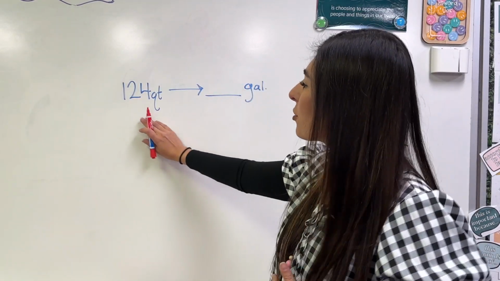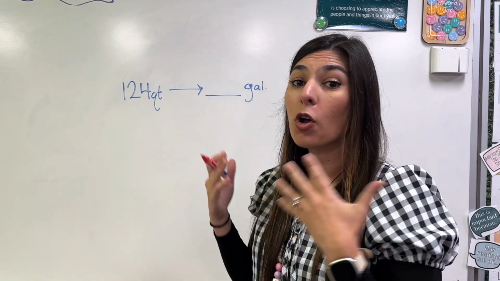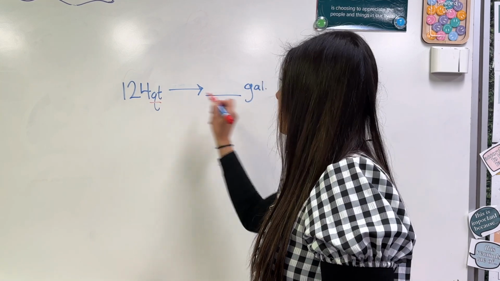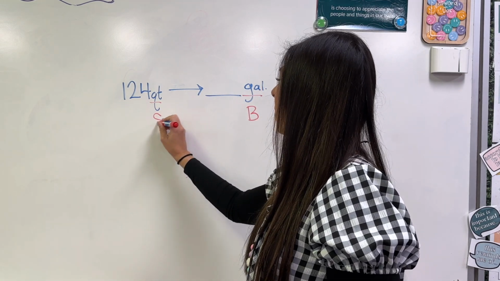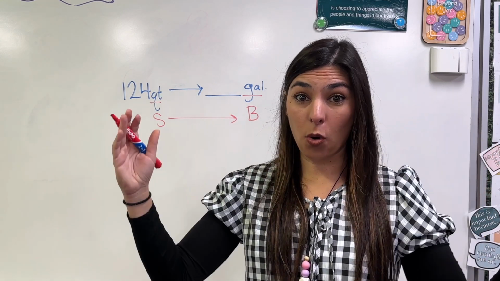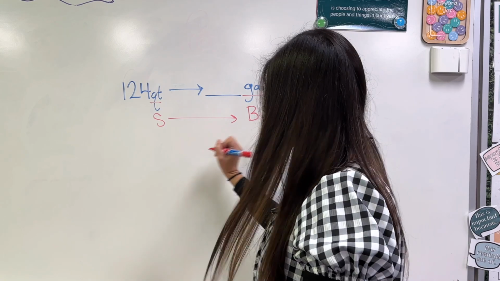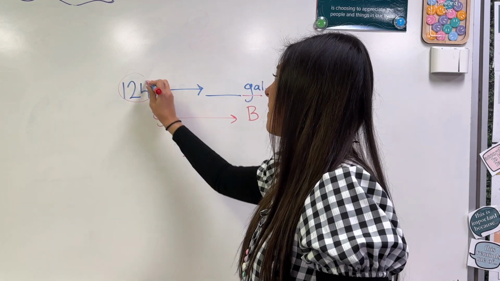Last one, I have 124 quarts that I want to convert to gallons. First things first, I ask myself, which one's bigger? Quarts or gallons? Well, gallons is bigger. So we are moving small to big. So fly to horse, divide, of course. Then I'm going to take my number that I do have,